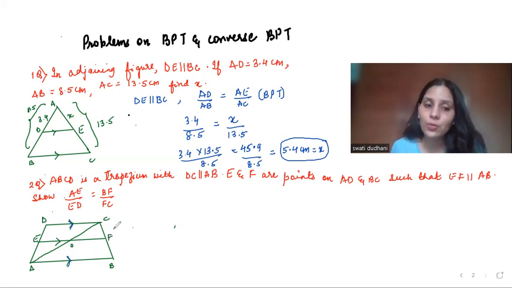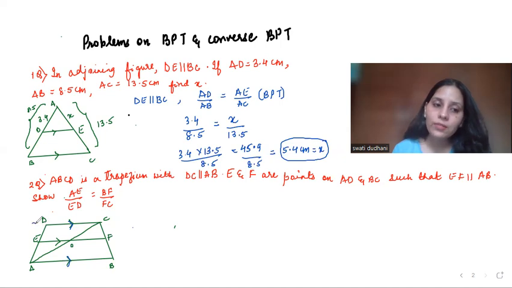So here I want to give an interesting tip. Whenever you have a parallel line in a triangle, when a line is drawn parallel to one side of a triangle, you will definitely come across the BPT question. BPT theorem will definitely be used. So here also, I have this side equal to this side. It's a very easy question. You will use BPT theorem because we have triangles. The trapezium is divided into two triangles, right?